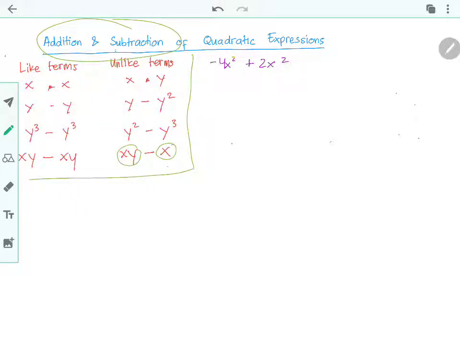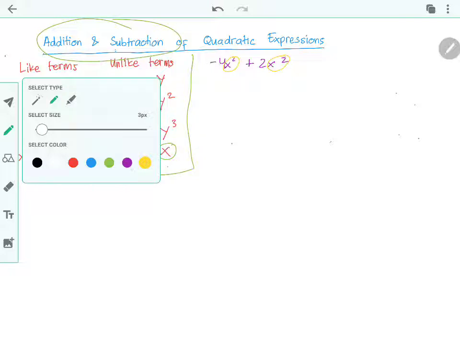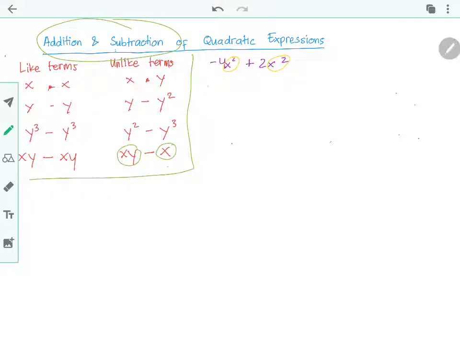We have like terms, x squared and another x squared. It means I can add both of them. So the easiest way to think is, whenever you have like terms, just think of them as an object. For example, this x squared here, I'm going to think of as an apple. It means I can say I have negative 4 apple